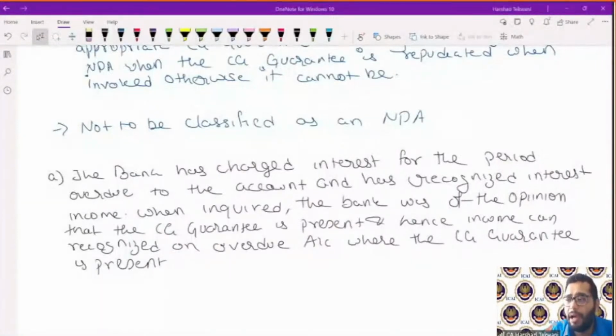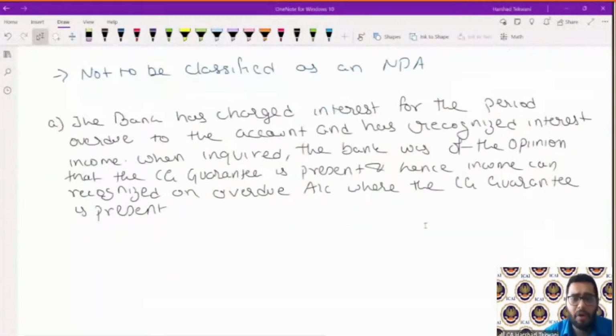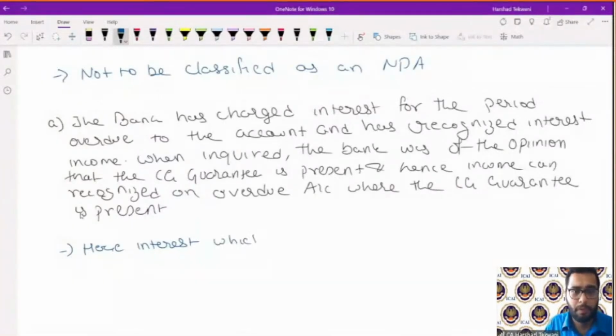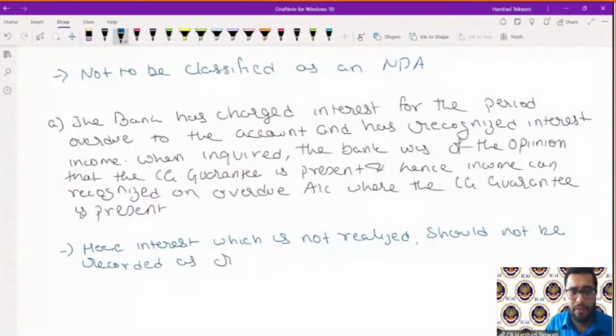the income recognition guidelines for the bank say that till the time you have not realized the interest on the overdue accounts, you cannot recognize your revenue. So here, interest which is not realized should not be recorded as revenue,